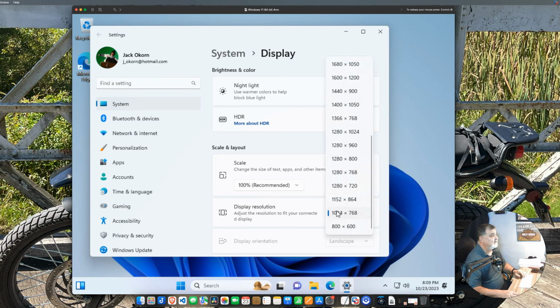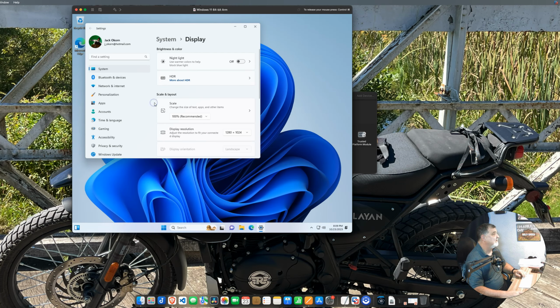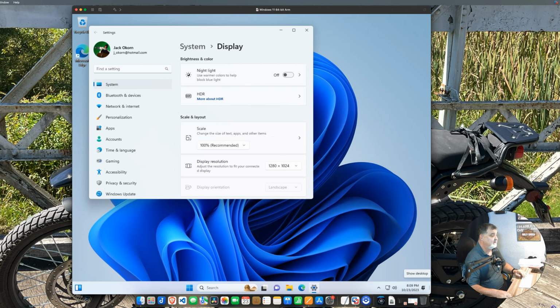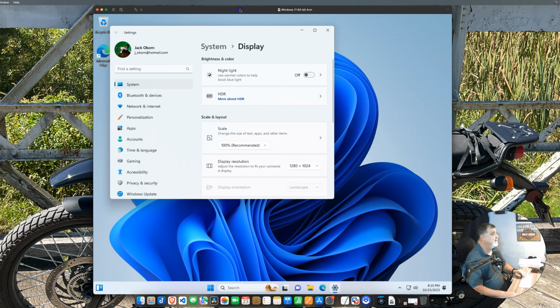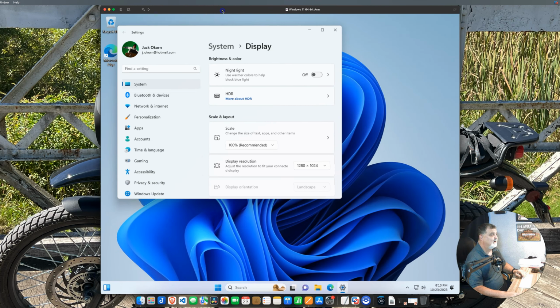No, we want to make it, I'd like to make it, I don't see it. 1280 by 1024. I don't know if that'll work. I'm just trying to get it full screen here for you so we can see what's going on. That might be about the best we can get it for now. I'll play around with it here, of course, but